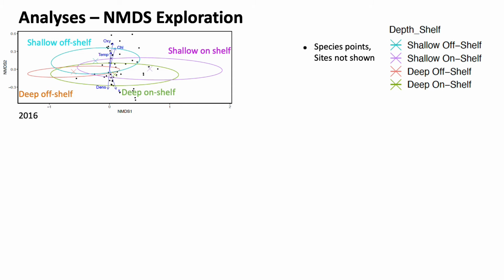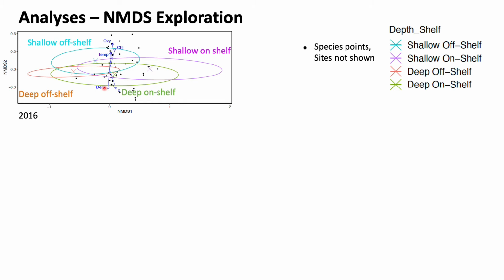Now we'll talk about our analyses, and we start with the non-metric multidimensional scaling, more commonly known as the NMDS plot. The black dots show our species locations, while the blue arrows depict the environmental vectors for temperature, oxygen, chlorophyll, and density. Note that I do not show the site points, but rather just plotted the locations of different site